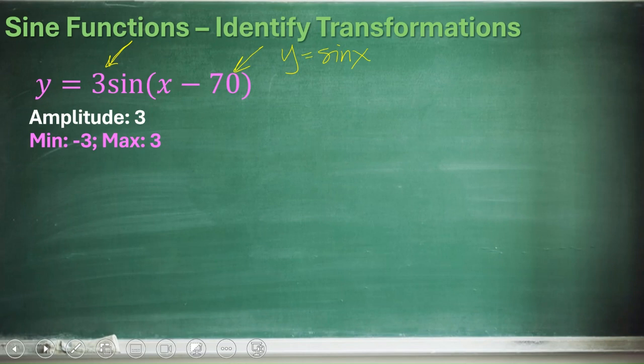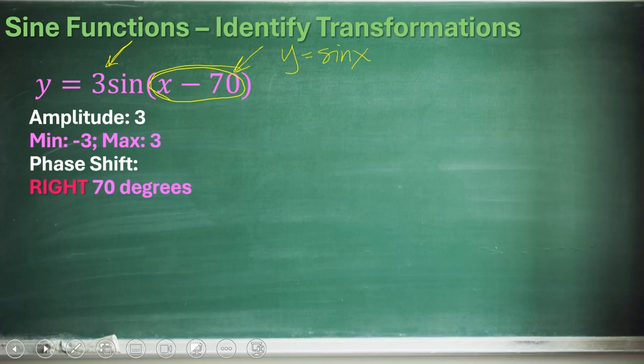We also have a phase shift, and that is what this part of the equation tells us. The way we calculate phase shift is we figure out what value x, or our variable, has to take on within the parentheses to make what's inside the parentheses 0. In this case, x has to take on +70. In math, a positive number shifts our graph to the right,